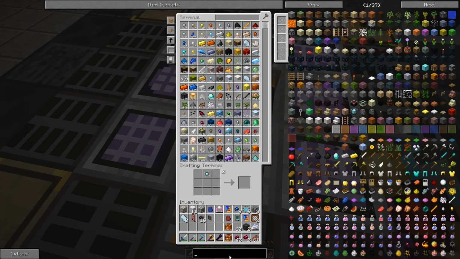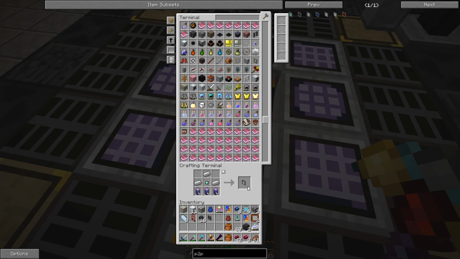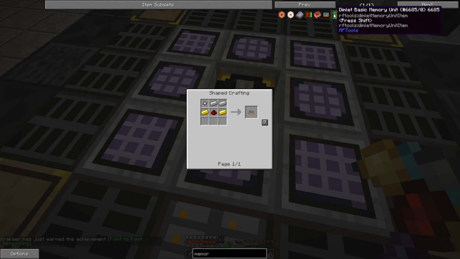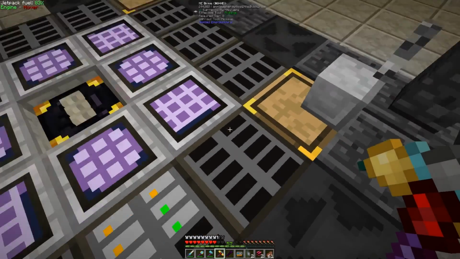Okay, so P2P, there used to be a lot of different types, but you can't craft them anymore. The only one you can is the P2P ME. And it's made like this. So you take 2, but you also need what's called a memory card. Like so. You take the memory card, and alright, so